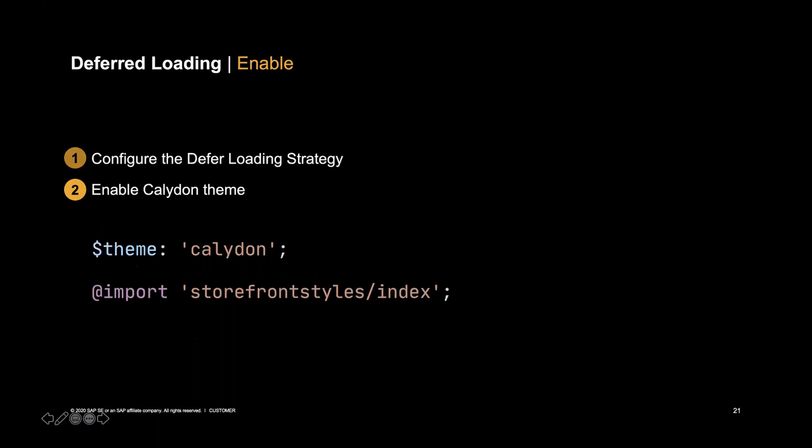And secondly, you need to have this Caledon theme. So that's the CSS theme. Be sure that you add it before you import the storefront styles. Actually, I made a mistake here because this is our internal configuration, but you would do import at Spartacus/styles/index from the node modules folder. Be sure that you add the theme before you do the import of the Spartacus styles. And by adding the Caledon theme, you're basically getting our page fold CSS, which contains some of the magic I've just showed you with moving the page slots below the fold with the 100 page height.